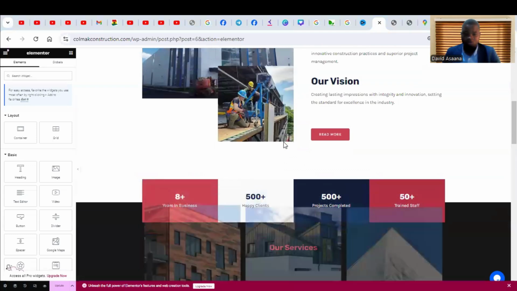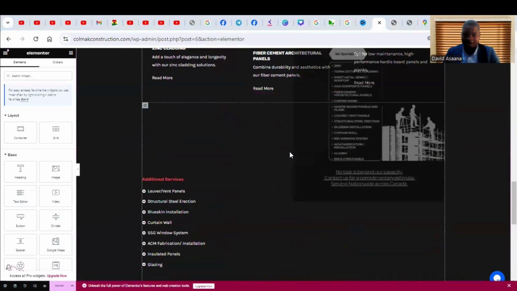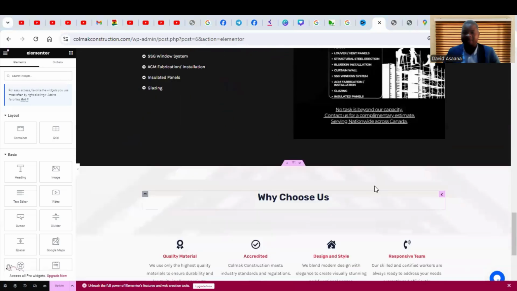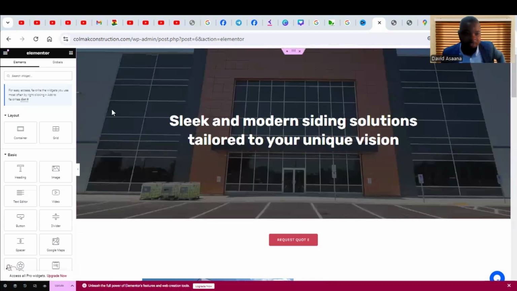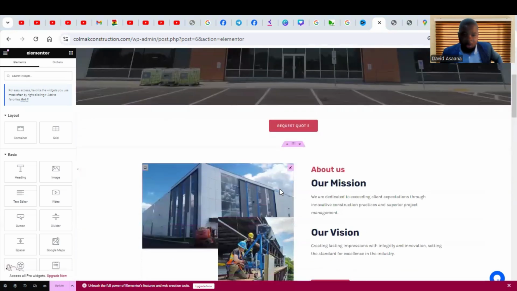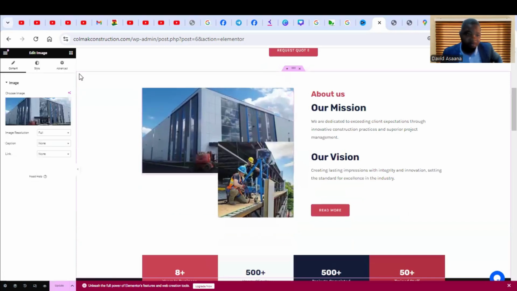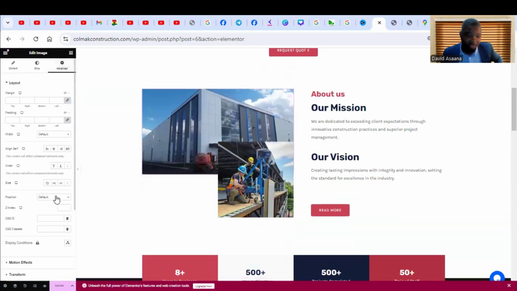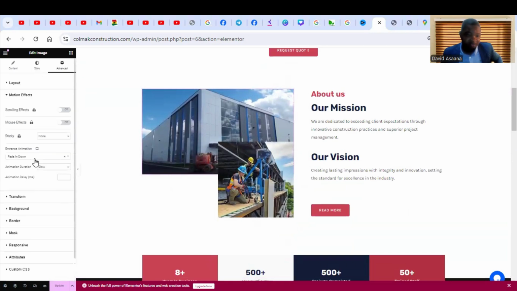Let me also show you how to add these motion effects. You see this effect of how the pictures are moving. Yeah, you can add that effect. This is how to do it. Okay. So you come to the picture you want to edit. So for example, let's say I want to edit this picture. Then go to advanced. Okay. Then you scroll down and you will see motion effects. Then when you come to motion effects,